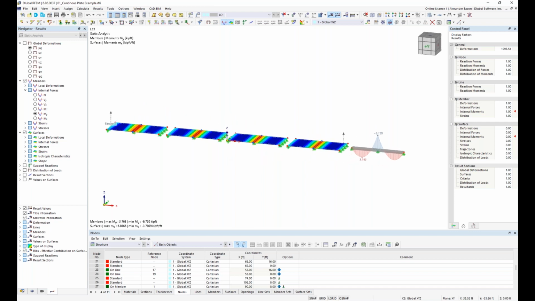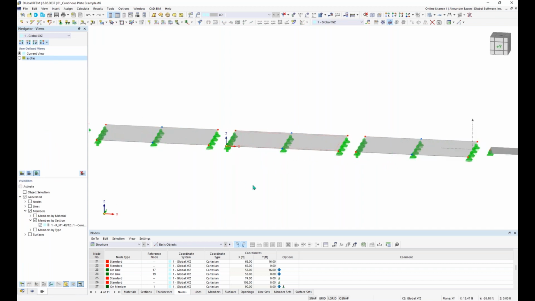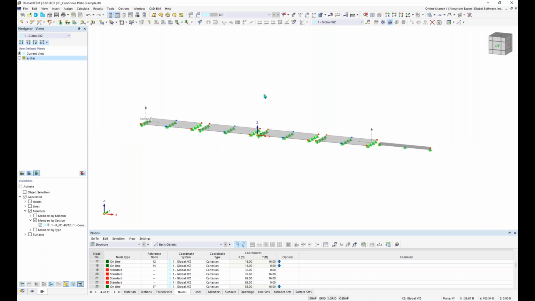One other thing I wanted to mention before we move on is highlighting. If you drag from left to right, anything within the box that's engulfed in the box will be selected. And if you drag from right to left, anything touching the box will be selected. So that is how highlighting works. With that said, that's an overview of RFM 6. And now we can